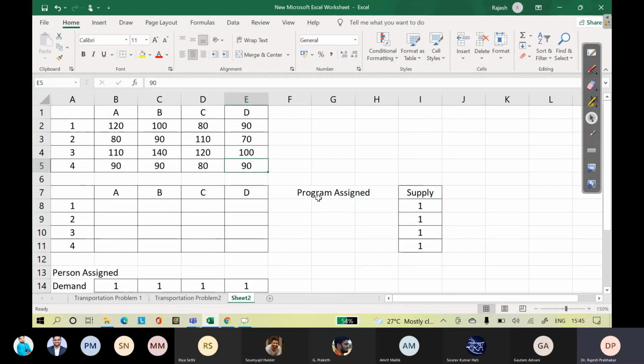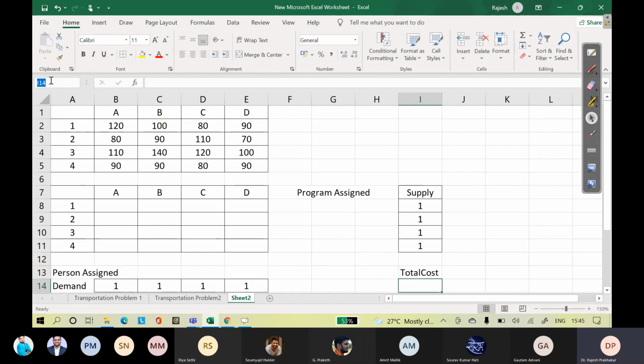Program assigned also is there, na? So this is program assigned. And we have to give the total cost also. So let us say this is our total cost.